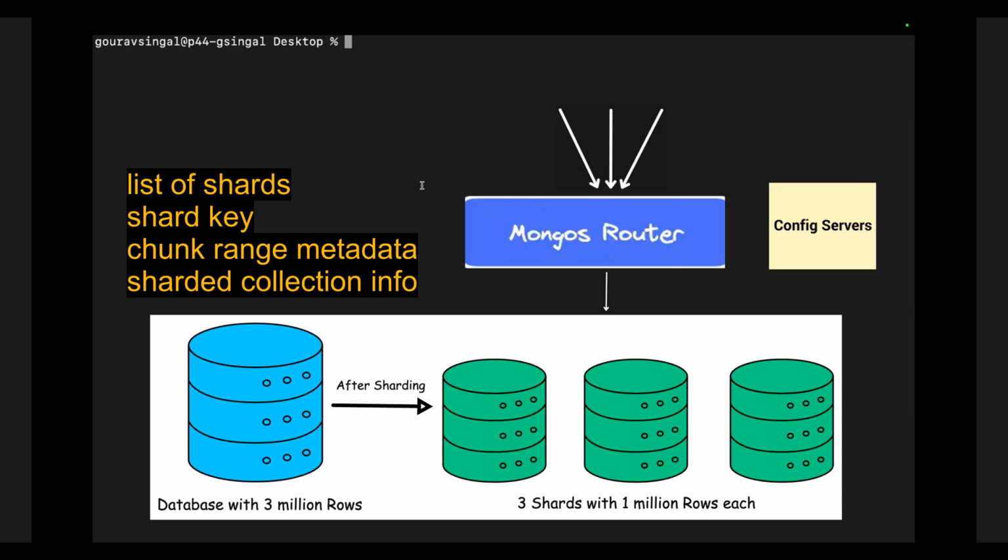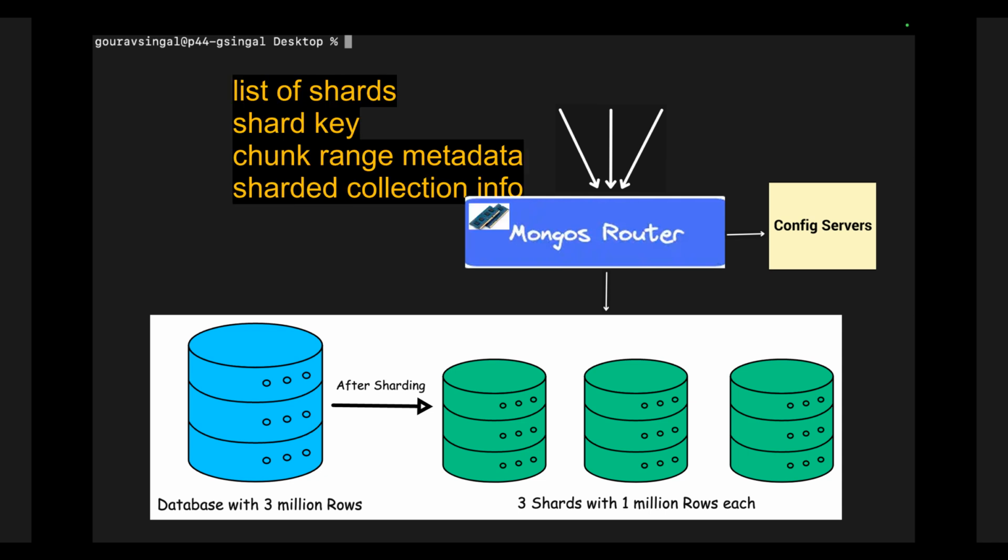So to handle this, we add a gateway in front of the config server, known as the mongos router, which is stateless, lightweight, can handle high traffic, and acts as a gateway for all the client requests. The mongos router communicates with the config server once to fetch shard metadata, stores this info in its own RAM, and uses this cached metadata to route further requests efficiently. If the router can't find something in memory, it asks the config server and updates the RAM.